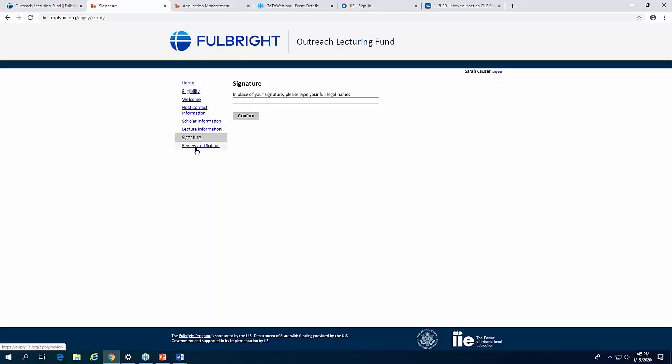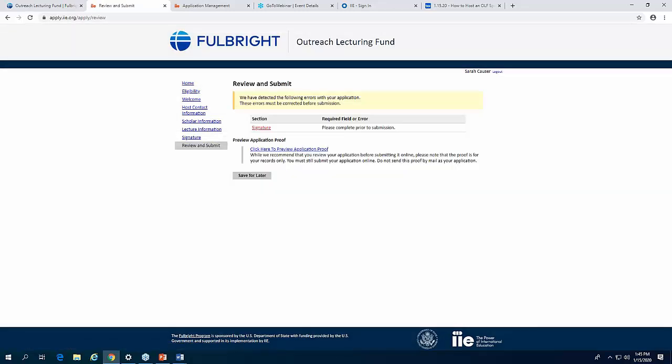I'm not going to do that here, so I want to show you the last page that you go to, which is review and submit. If you happen to have missed anything required, it will pop up nicely in red saying you have missed a step. Go back to that page. As you saw, I did not do my signature, so it's yelling nicely, I guess, at me to go and sign this application. You can also click here to preview your application proof and download it for your record. But once you are done, you'll hit submit, and this will become a submit option once I actually put that signature in. Again, if anyone has questions, Carmel and I are here to help you out.